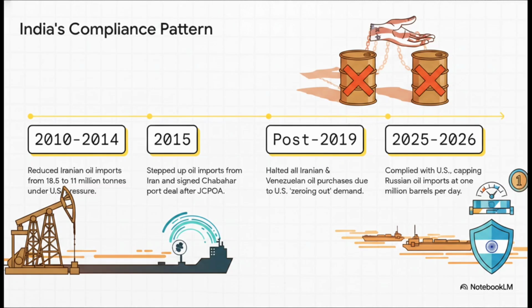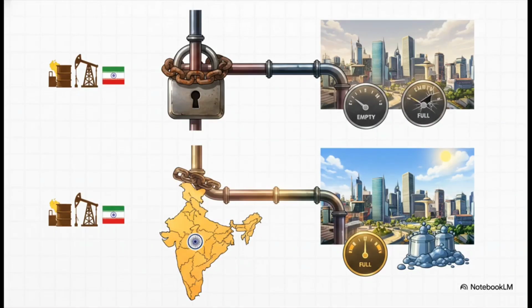Exactly. And this isn't just some abstract foreign policy stuff. It has very real consequences. And here's a term you should absolutely use in your answers: opportunity costs. Because think about what we lost, right? We lost access to cheaper, discounted oil from places like Iran and Venezuela. This wasn't just about saving a bit of money on fuel. No, this was a missed opportunity to save billions, to build up our strategic reserves, all of which hits our economy and our energy security right where it hurts.